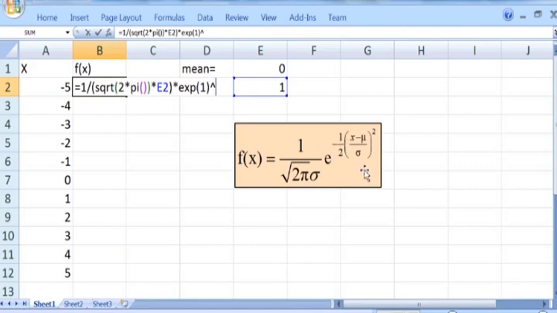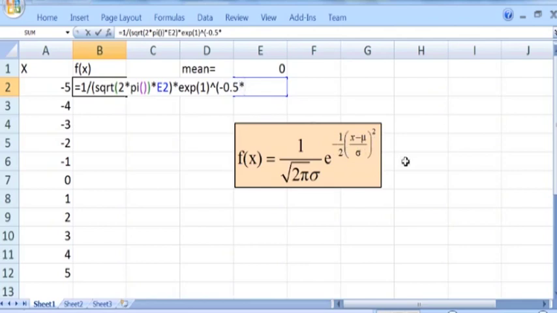So -1 by 2, since the power is a negative number, I'm writing it in parentheses. So minus 0.5, which is 1 by 2, and this -1 by 2 is being multiplied by this whole square, x minus mu over sigma whole square. So just put the asterisk for multiplication. So -1 by 2 times